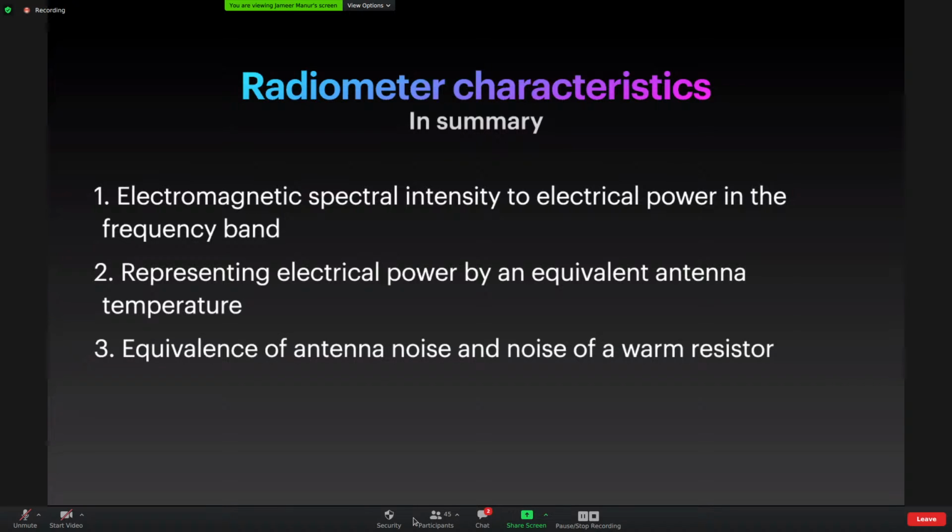And then we'll also see the equivalence between antenna noise and the noise of a warm resistor. Together, it will form a consistent set of ideas that give an idea of what kind of electrical power is generated in the radiometer due to the radiation